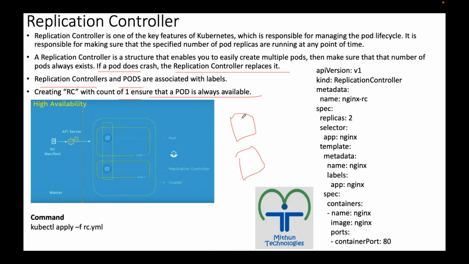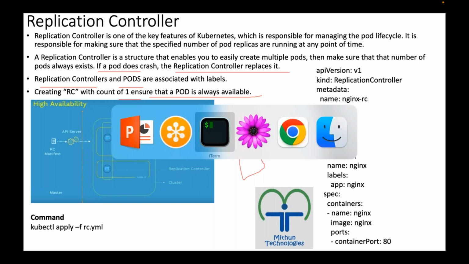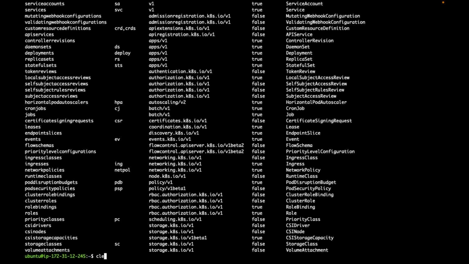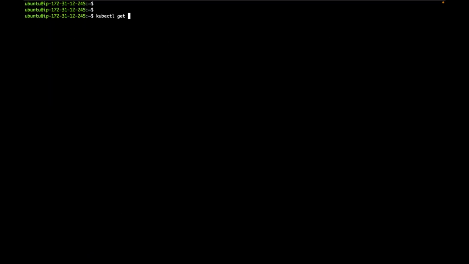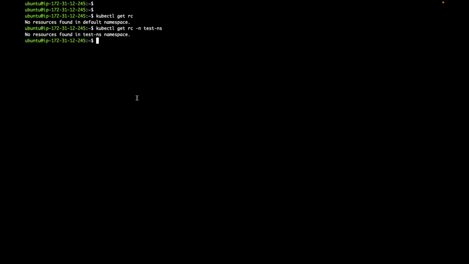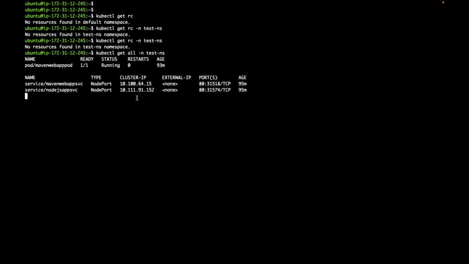Yes. As of now, do I have any replication controller created in the default namespace or any other namespace? In our test namespace, no. I have pods, but are these pods created and managed by replication controller?